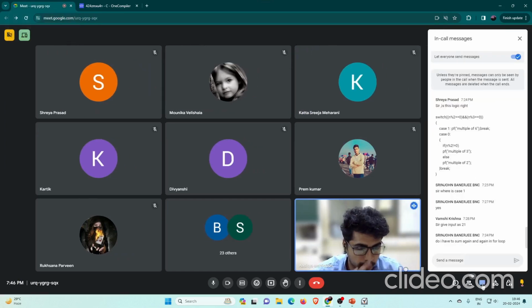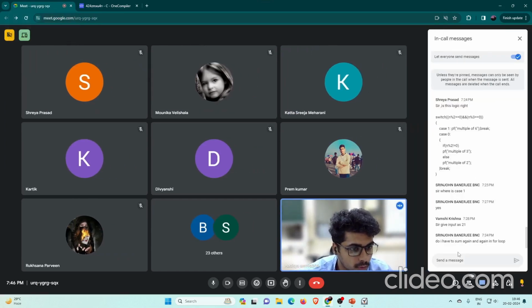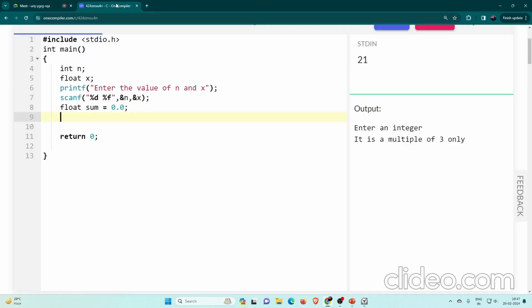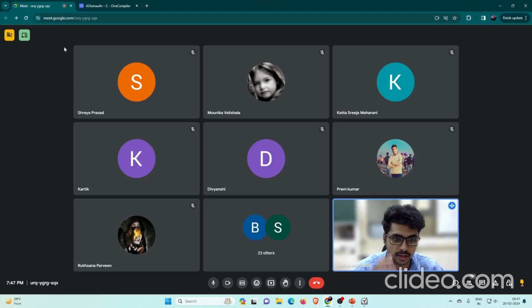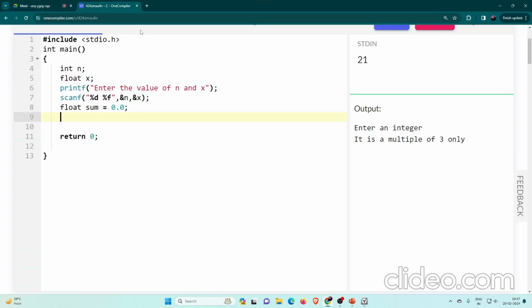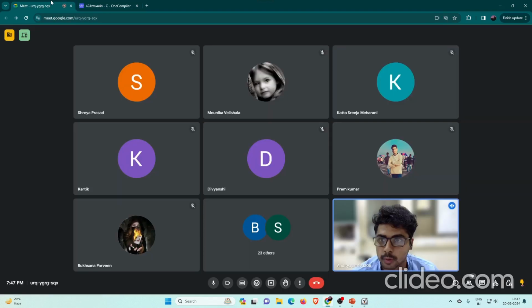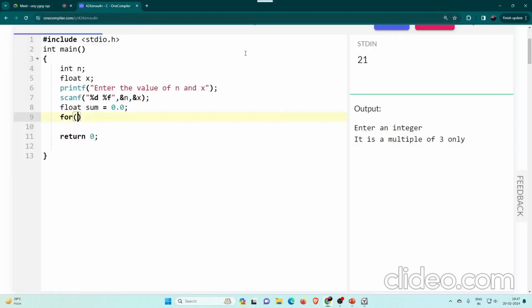So someone was asking, do I have to sum again and again in the for loop? So you just have to write one line here. I declare sum as 0, and in the loop I'll just write sum equals sum plus x number. So it will just keep on getting added. So I'll just start the for loop. For the people who remember the syntax for the for loop,